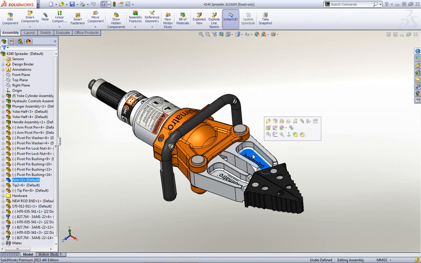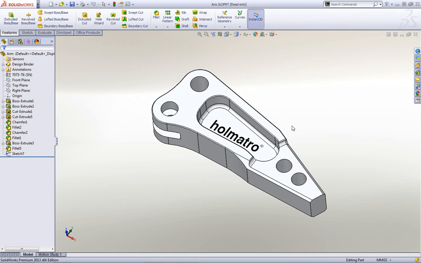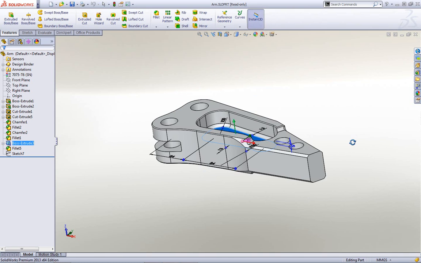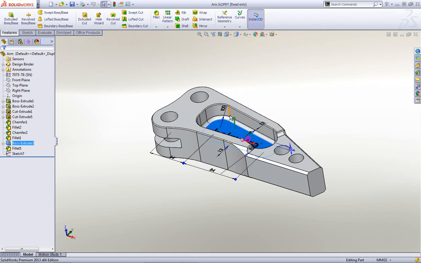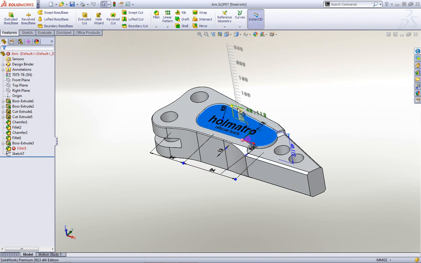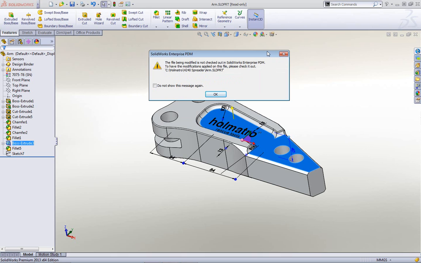So I'm going to go through this workflow. I want to change this arm, so I can open it up, and it gives me an indication, and this is standard SolidWorks, that this file is read-only. That's fine. I'm going to use Instant 3D here, and I want to add some integrity to this arm. So I'm going to go ahead and grab this handle, and you should be familiar with Instant 3D. I'm going to snap it to 40, and I'm going to pause here for a second and just explain this